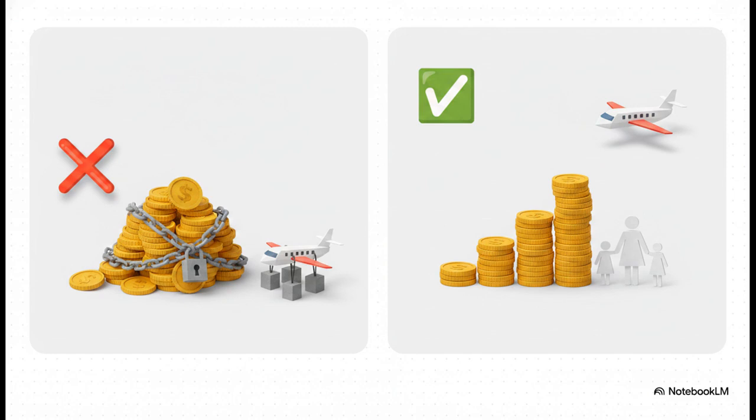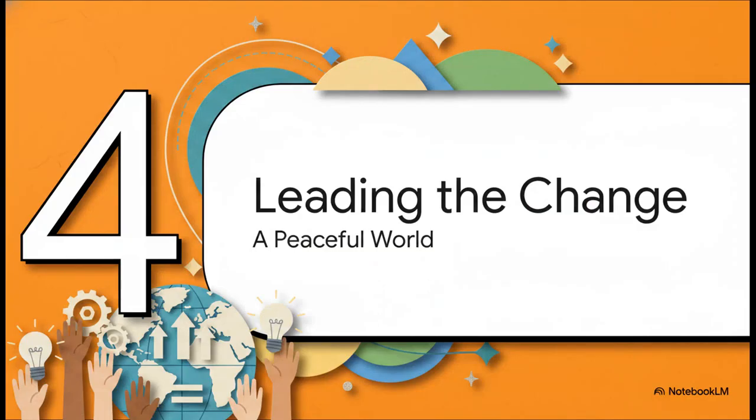Consider this. Right now, many of the pathways used to send money across borders charge over 5% in transaction fees. The 2030 target is to completely eliminate those high-cost corridors and bring all costs under 3%. It might sound like a small shift, but this directly helps families in developing nations keep way more of their hard-earned money, which pumps right back into their local economies. Which brings us to our final section, leading the change.